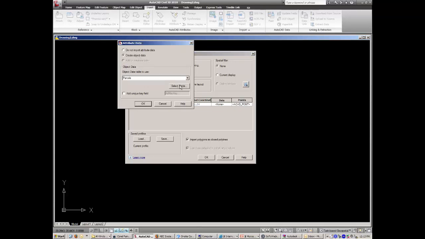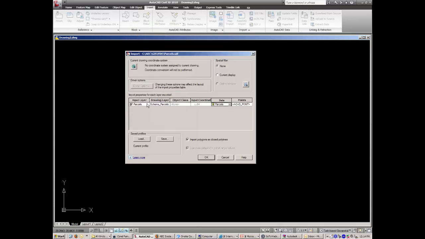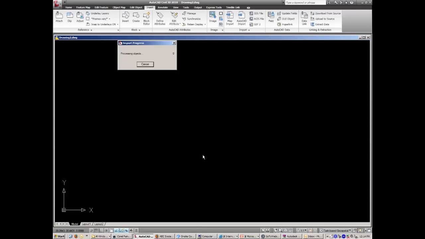I can now press select fields. So my GIS file has attributes of the last sale price for these parcels, the year it was built, the resident's name, all this valuable information. So by ticking this option, when I press OK and OK and OK again, what's going to happen, let me just give your screens a few seconds to catch up. The geometry is going to come in,